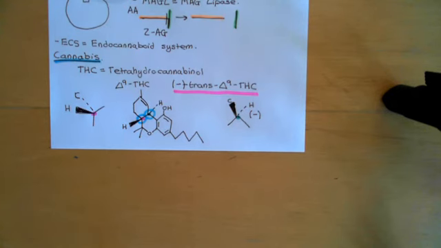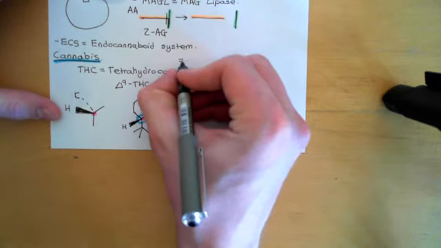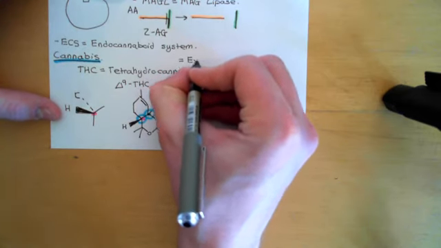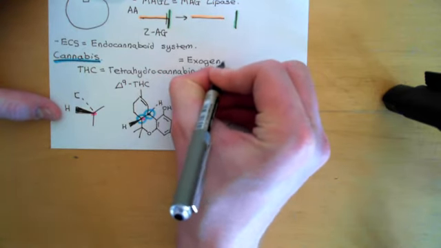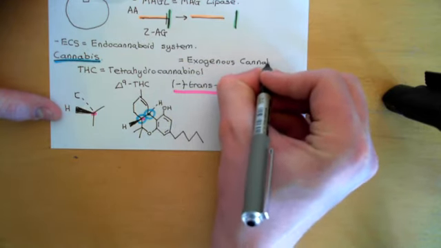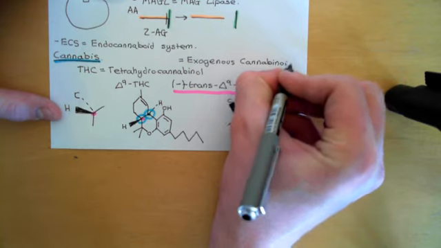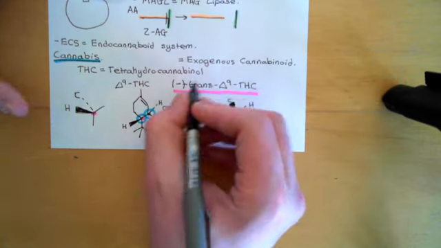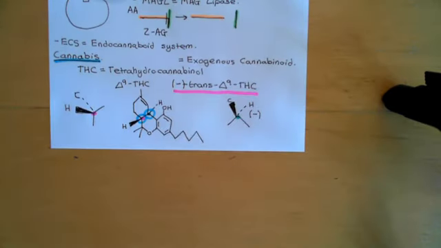Okay, so basically this molecule, negative trans delta 9 tetrahydrocannabinol, is an agonist at both type 1 and type 2 cannabinoid receptors, and therefore does the same thing as the endogenous cannabinoids. It would be referred to as an example of an exogenous cannabinoid, because it's exogenously applied. It's not something that you would find endogenously in the body. It's from an exogenous substance such as cannabis.